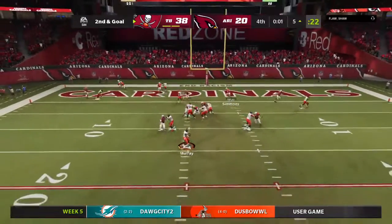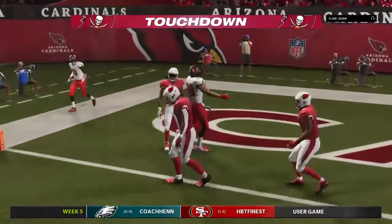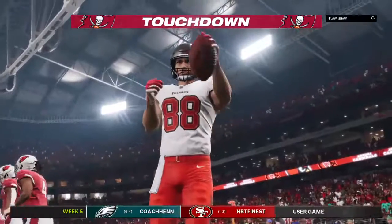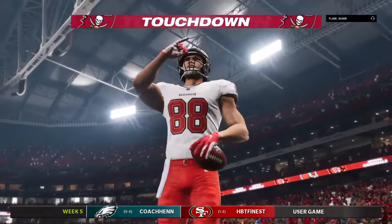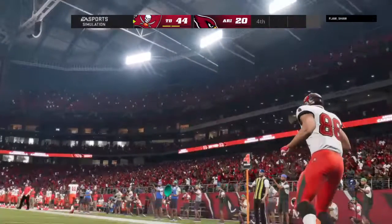Murray's going to look to throw this thing. The quick slant caught. And he takes it in for the score on the game's final play. So it doesn't affect the outcome, but a little whipped cream on top to their ending. Or as our friends in